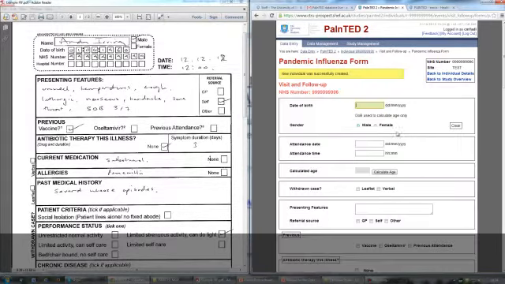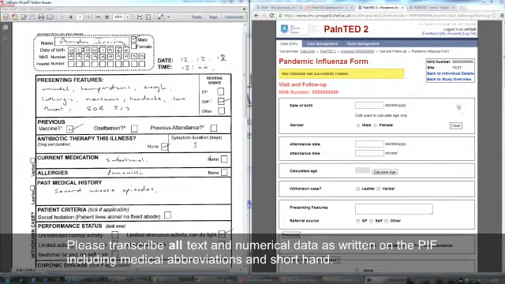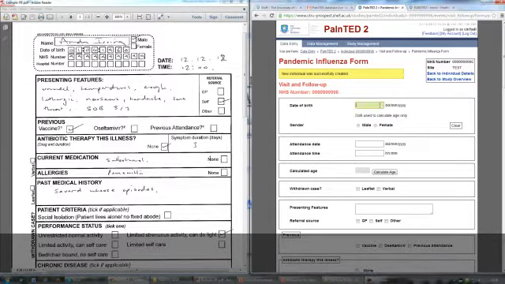So that will create you a form which resembles the pandemic influenza form, and all that we require you to do is to transcribe the data as seen on the pandemic influenza form. So I'm going to go ahead and show you how to transcribe the data from the pandemic influenza form into PROSPECT. Attendance date of the 12th